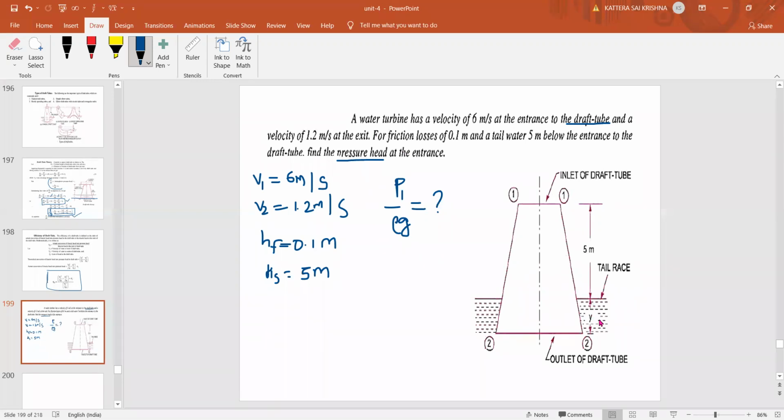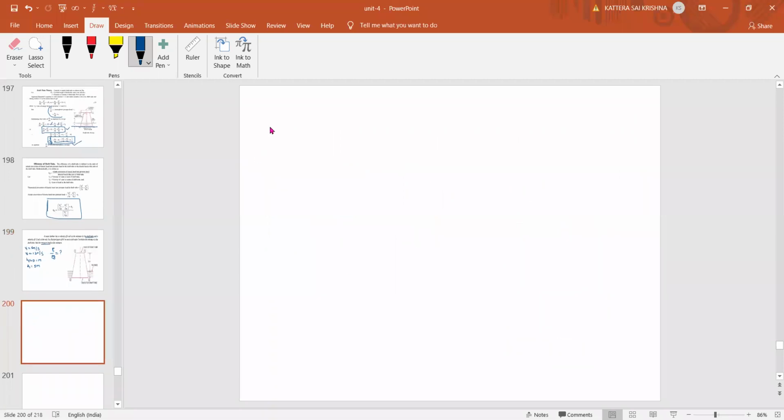Here, below the bottom, this is y, right? In the formula we are not getting any y term, so no need to remember. So directly we can use the formula for the pressure head by applying Bernoulli's equation. What we'll get: P1 by rho g plus V1 squared by 2g plus HS